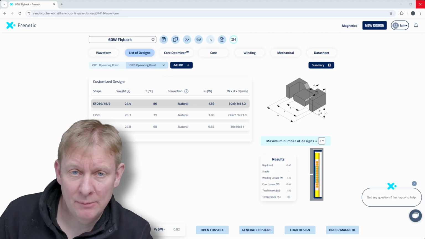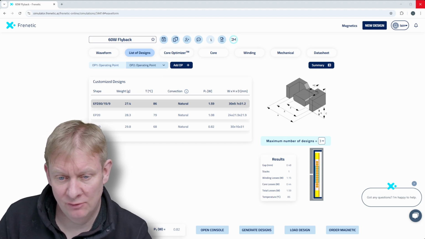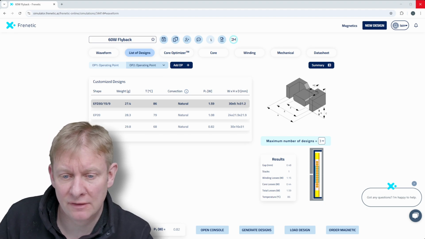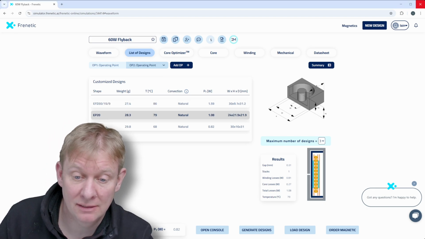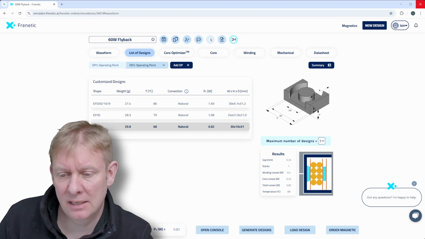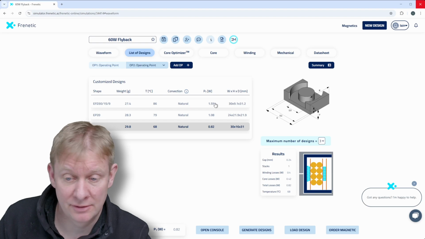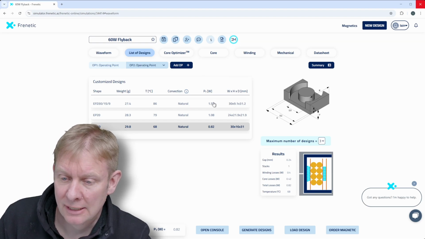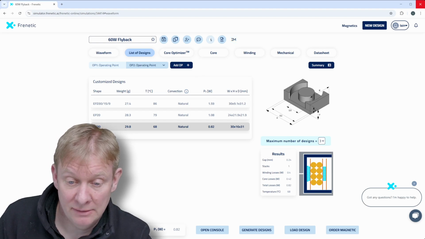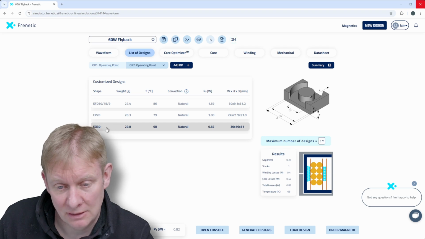So the tool has come up with three possible options for our transformer, varying in size from an EFD30 through an EP20 and through to an EQ30. And it's come up with a few options here which give us some differing levels of total power loss and form factor and size. Once we choose one of these, in our case, we're going to choose the EQ30 because it's the lowest loss